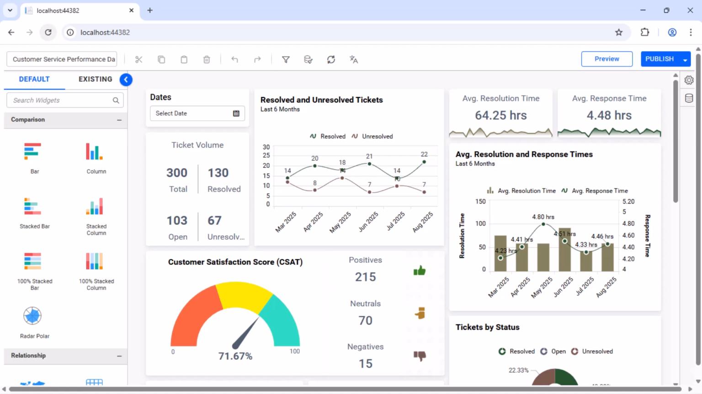In this video, I have shown you how to embed a dashboard in the ASP.NET MVC application with Visual Studio